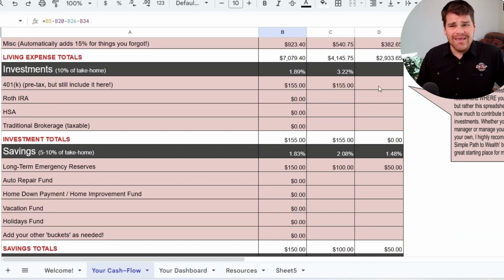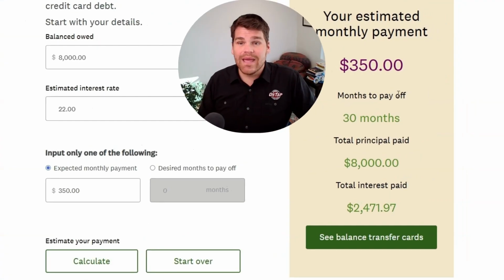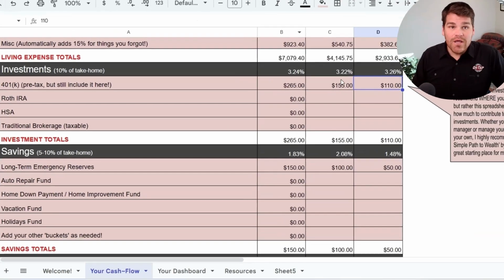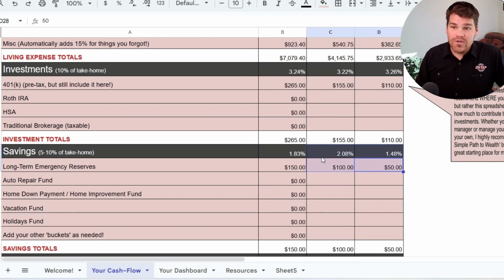You know what? Eve has a 3% match at work. And so what if she starts contributing $110 a month into that 401k, which means that because they're matching it, that's actually $220 a month going into the investment account. So now they're going to be paying this off in 30 months, about 2.5 years, and paying much less interest, but they're also contributing, they're building up a savings, and this amount of contributions, again, they're 28 years old, so